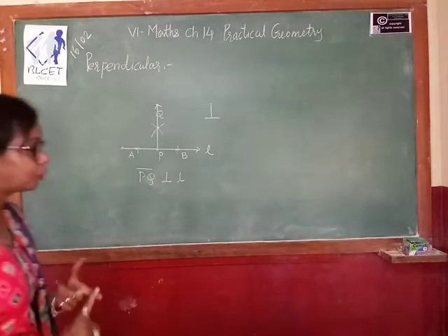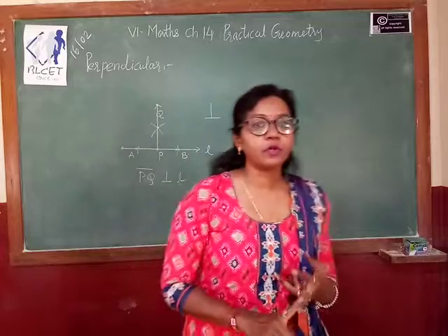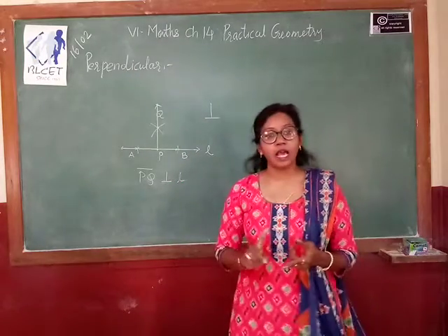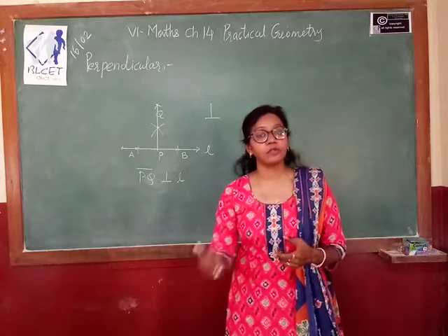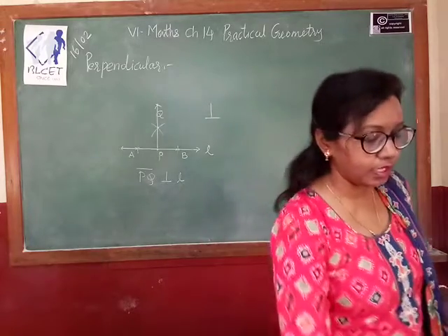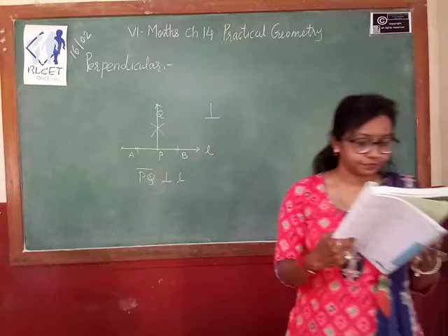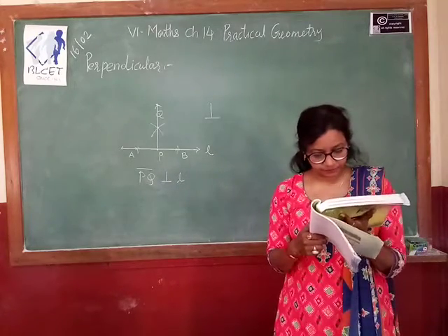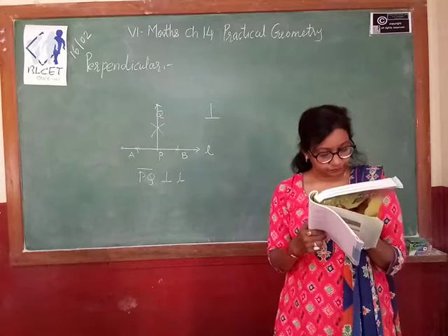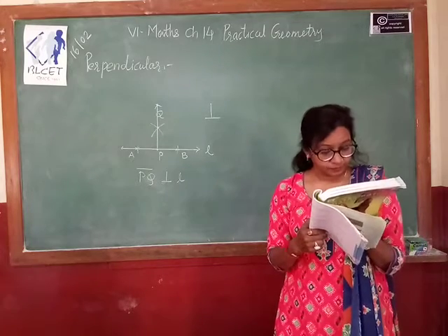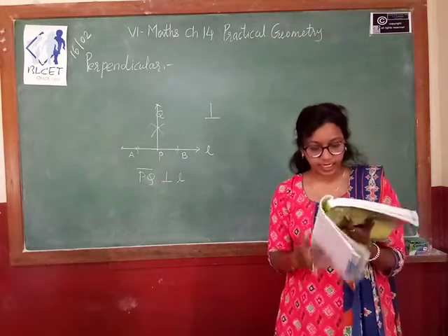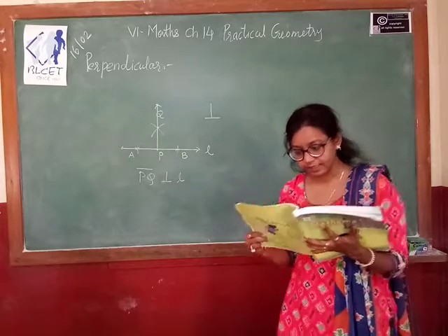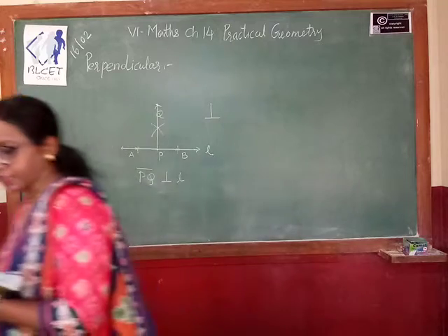So we have seen two ways. One in which we use ruler and set square. Second method in which we have used ruler and compasses. So this way we can construct the perpendicular lines. Paper folding also we have seen. Now the other method is ruler and a set square. Again, how can we use the ruler? Let's see in our next video.